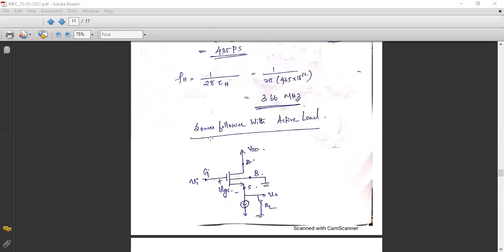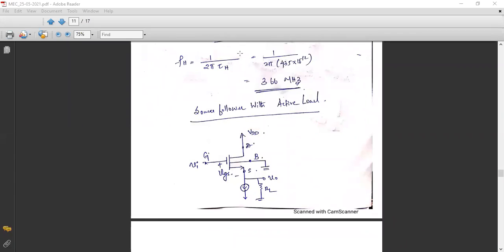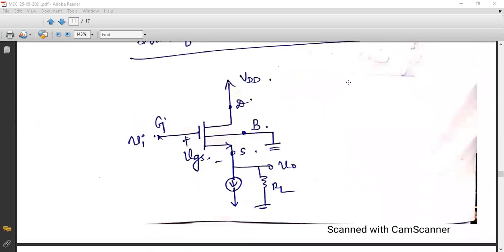So, coming to the third configuration in this module. As of now, we have learned common gate with active load and common source with active load. Now the pending one is the common drain, otherwise called the source follower, or CD configuration. Do you know why it is called a source follower? Because the output will follow the source. So take down the circuit diagram. Output follows the source.